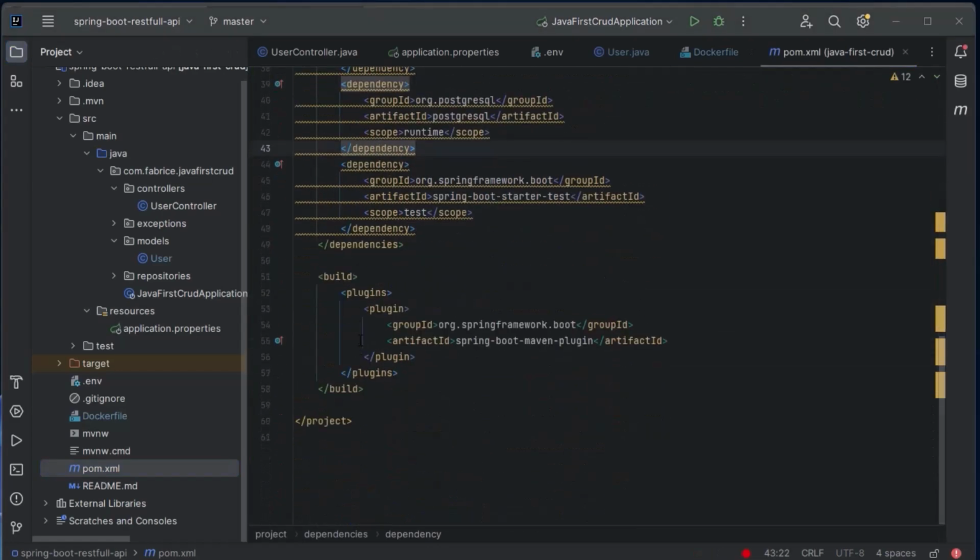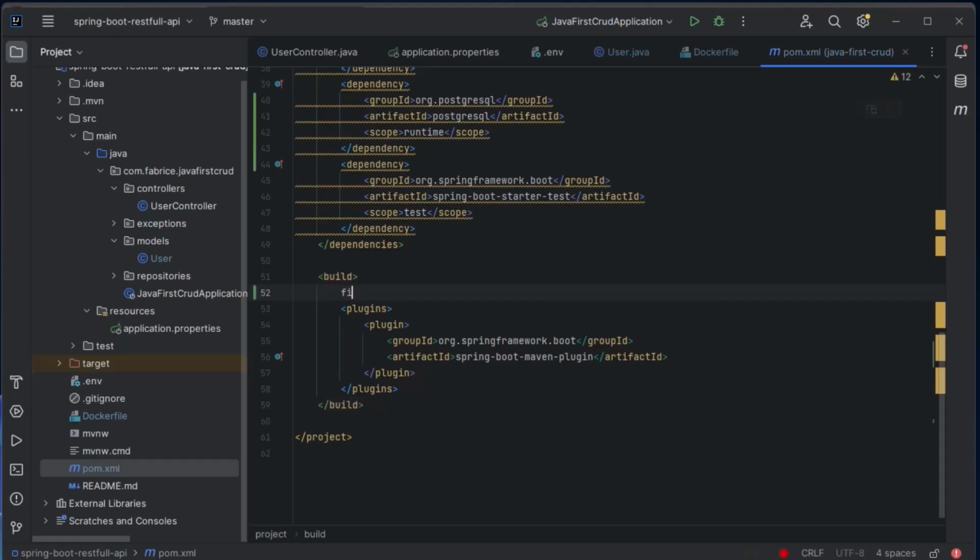So under here within our build section, let's just provide the final name for our jar file. You can call it whatever you want. Let's call it Spring Boot CRUD, just like this.